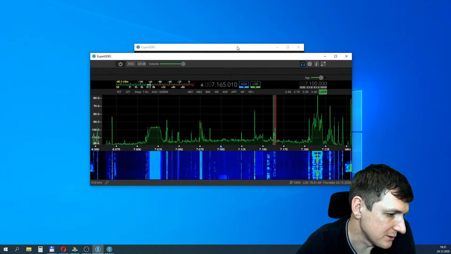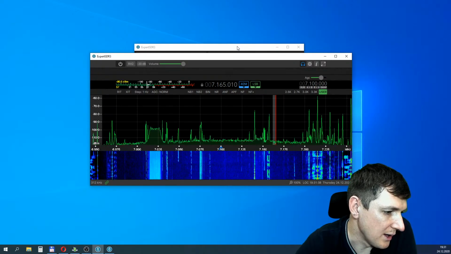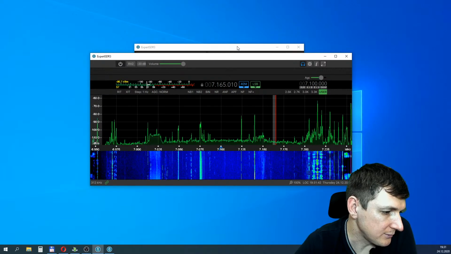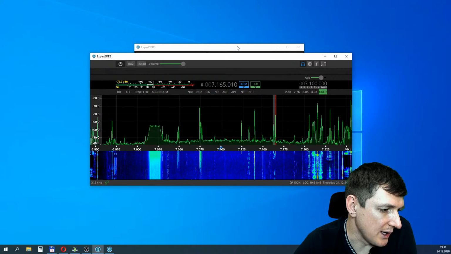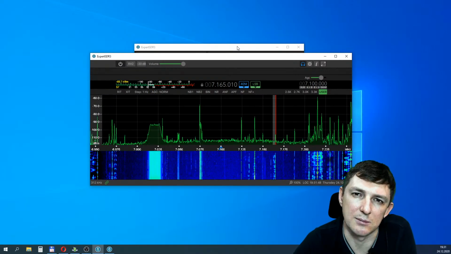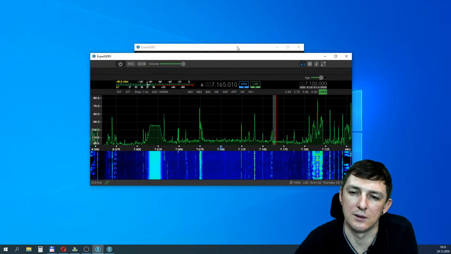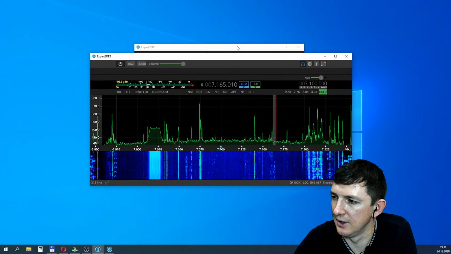What about improvements in NR and APF filters, analog APF filters? The NR filters and the APF, the analog peak filters, work excellent. Maybe you are thinking about NB filters, noise blanker filters.